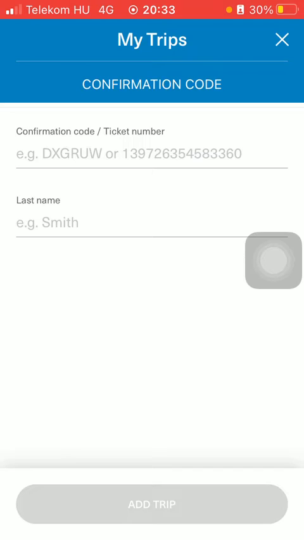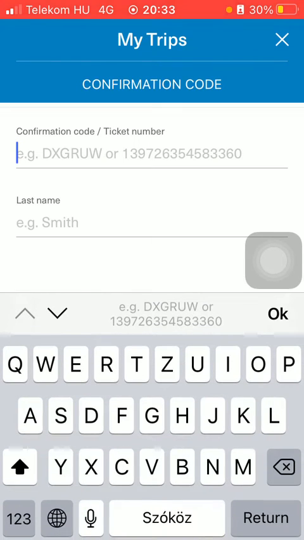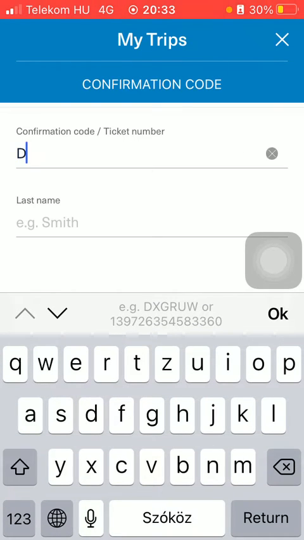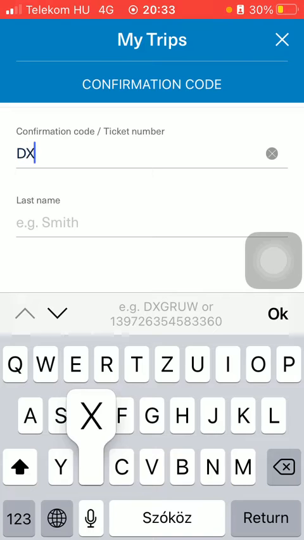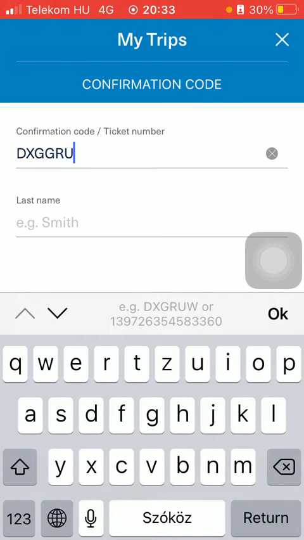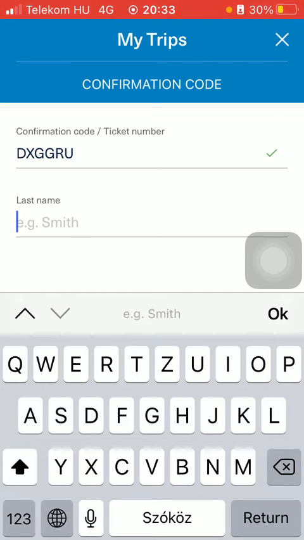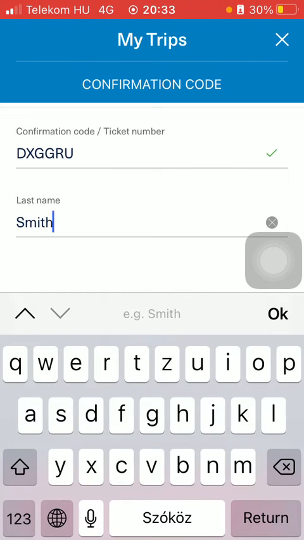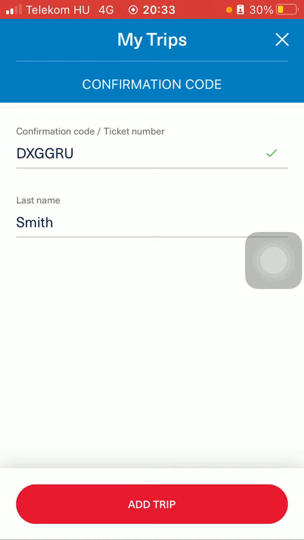So first of all, you can type in your confirmation code or ticket number into the first bar. So tap on it and then type in the confirmation code. And then you should type in your last name. Tap on OK in the middle of the screen on the right side, and after typing in these two data,